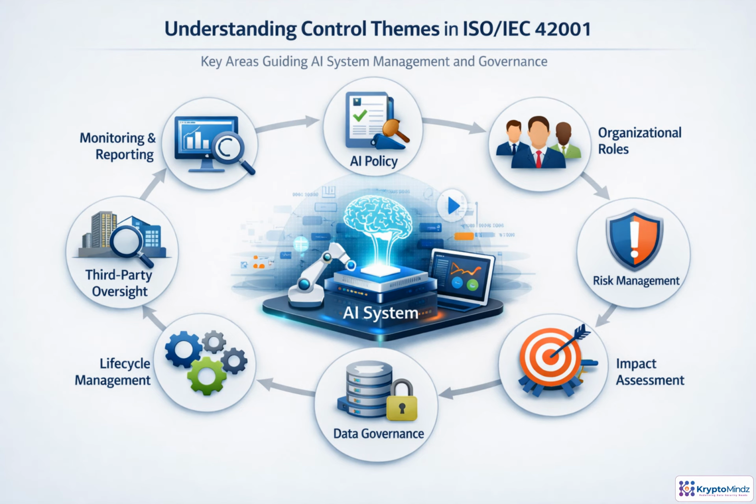One useful way to apply ISO 42001 controls is to think in themes. Policy sets direction. Roles create accountability. Risk and impact assessment identify where stronger safeguards are needed. Data governance, lifecycle management, third-party oversight, and monitoring then turn those decisions into day-to-day controls. For architects, the practical question is, which themes change platform capabilities, deployment patterns, integrations, or operations? Grouping controls this way turns a complex annex into manageable workstreams.